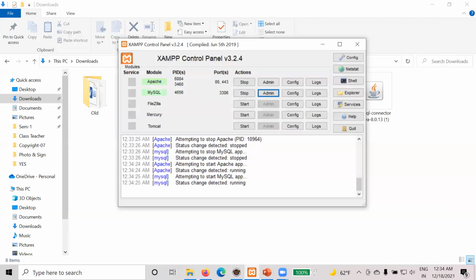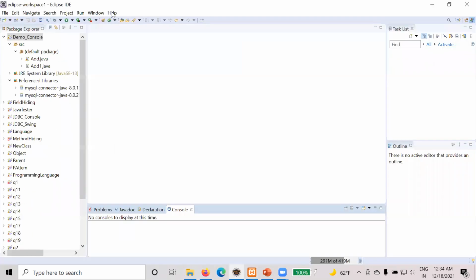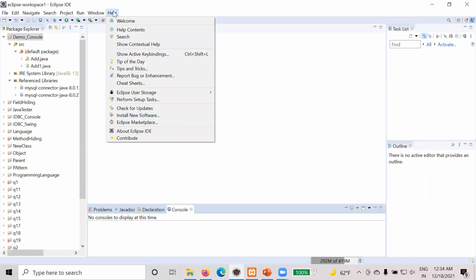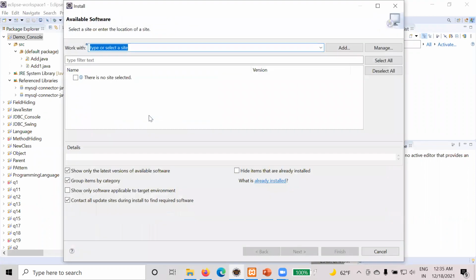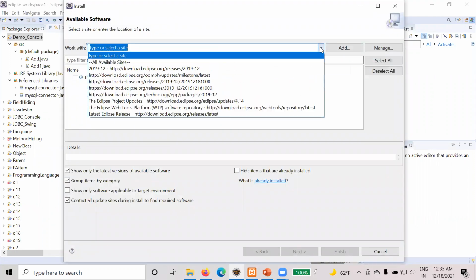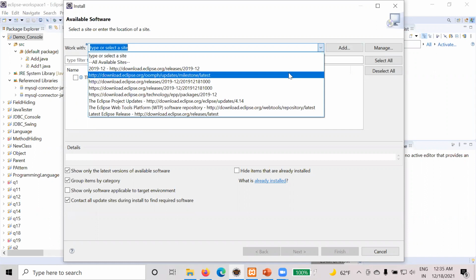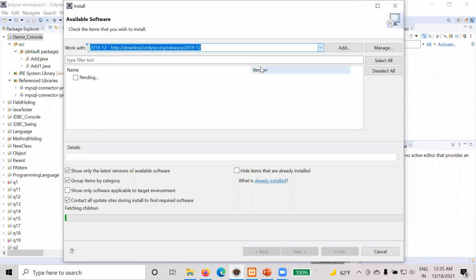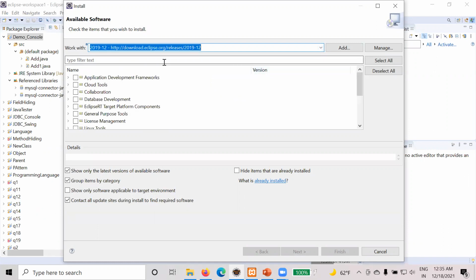Now the next step is we need to install some software. Open Eclipse, then go to the Help menu option, then click on Install New Software, and from here you need to search for the path from where you will get the Swing module as well as the WindowBuilder module, like a package or software. So you can search for this URL.